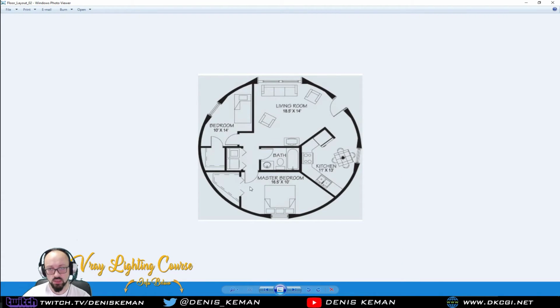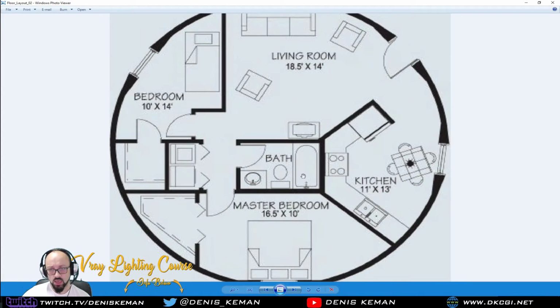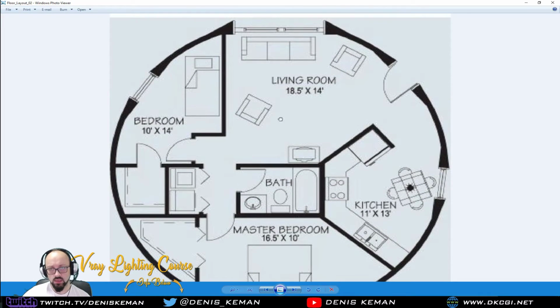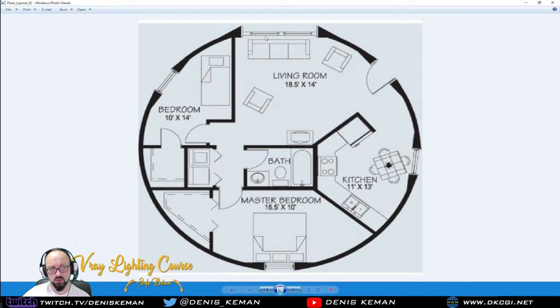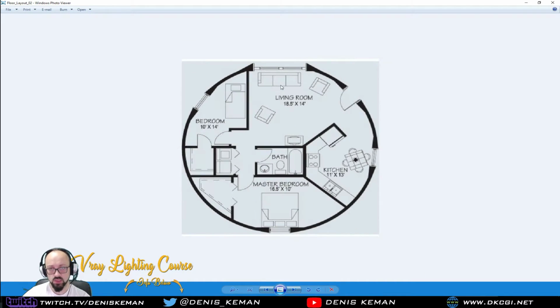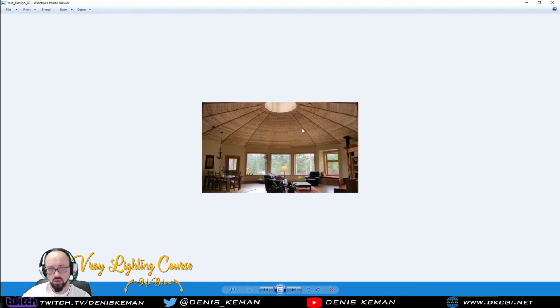Here's the second one. And another thing that you can notice is that if you take a look at the actual size, this is a relatively small house. The bed kind of fills up the entire master bedroom. The small bedroom here, or the children's room, is also very small. As you can see, the living room is relatively small. The kitchen, I'm guessing this is the entrance. So everything here is relatively small. So this is going to be a small house. All right, here is another